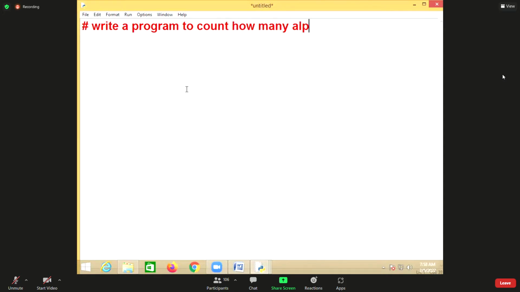Count how many alphabets, digits, and special characters exist within a string.